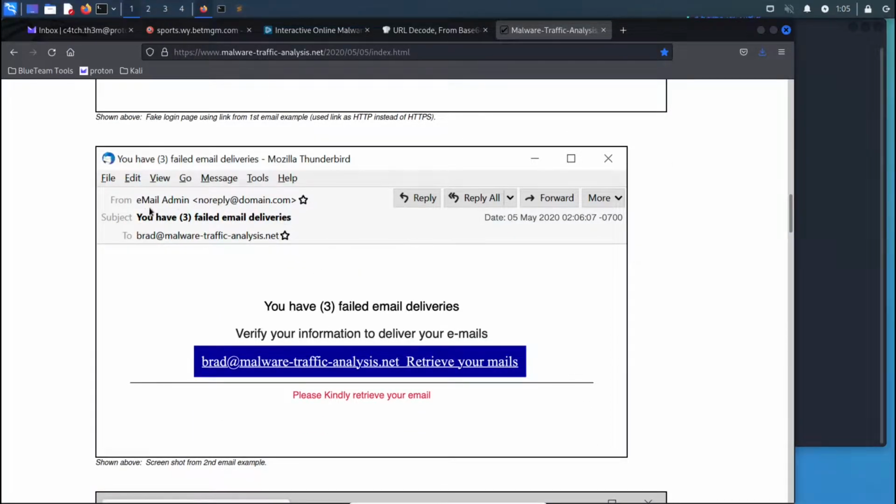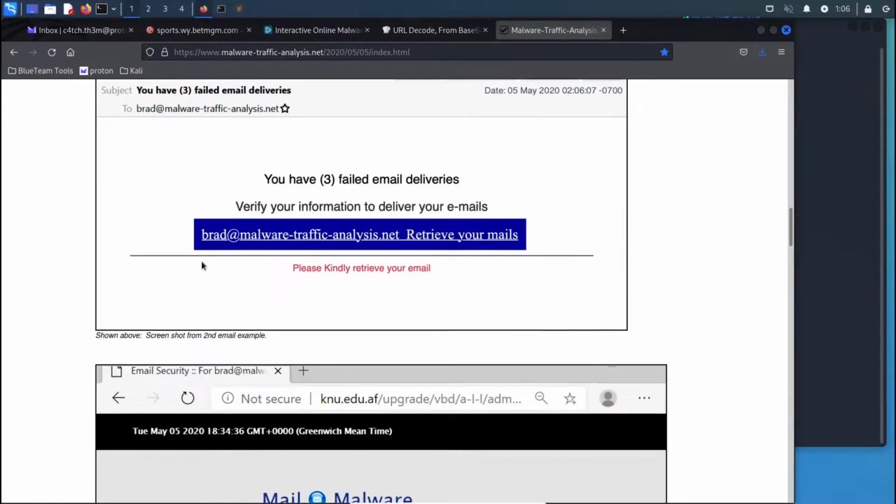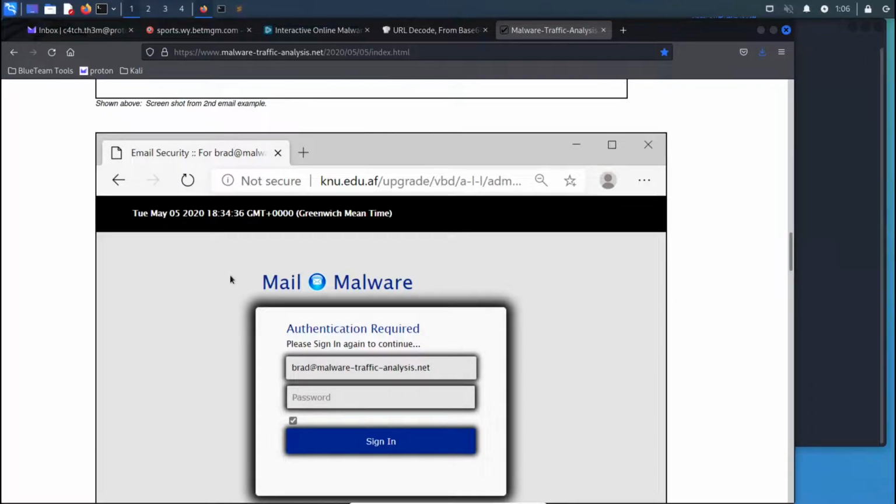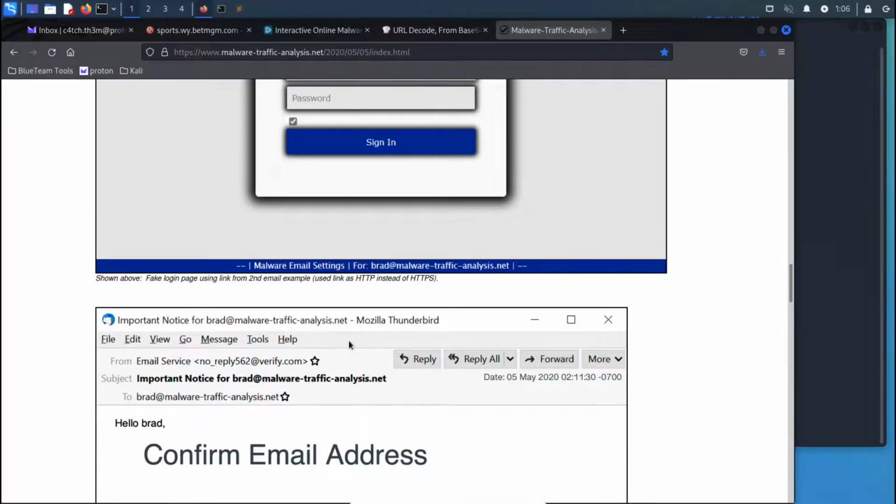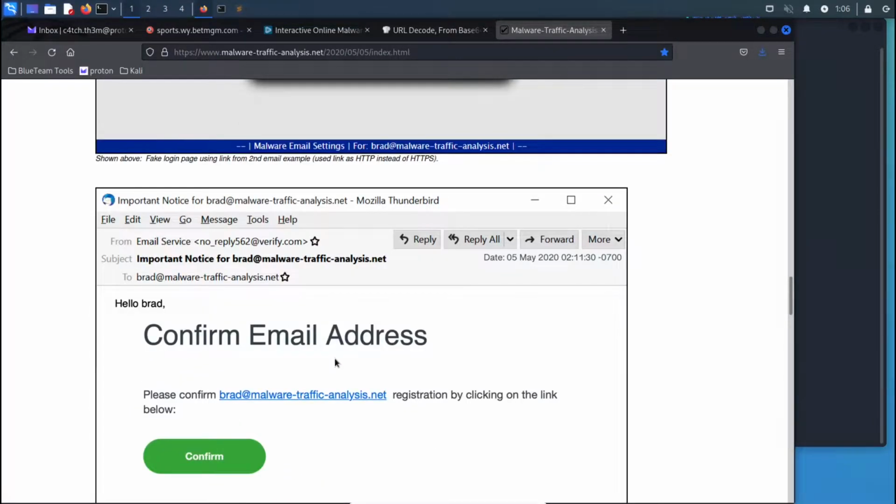Another one, the same here, email admin or reply at domain.com, and verify your information to deliver your emails. And another one, mail at malware, and the domain is different in the browser. So I mean, these are just examples. He used his domain here. He didn't showcase the real domains, but you can see the difference, it's not similar. So this is one type of phishing email you may receive, but